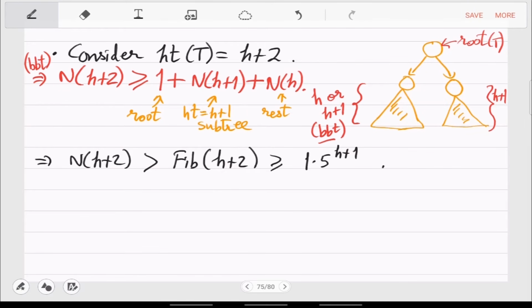Okay, so it's not 2 raised to h, but it is 1.5 to the h. That's the lower bound. So this is what we have shown, that nh is strictly greater than 1.5 to the h minus 1 for height h. Okay, this is how the tree size grows with height.